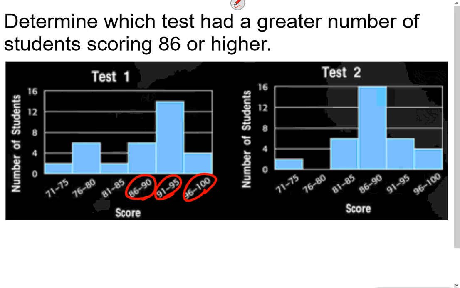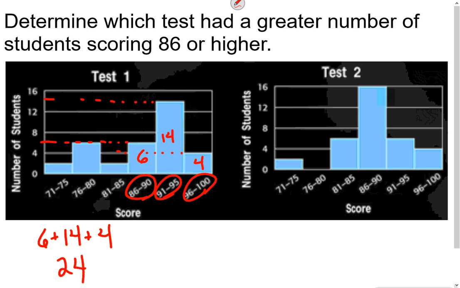So I look at this bar in between the 4 and 8, I'm going to say that has to be 6. This one's coming up in between the 12 and the 16, so we have 14 there. And then this bar is right on the 4. So I just have to add all those up. 6 plus 14 plus 4 is going to put us at 24 students. If I come over to my other one,